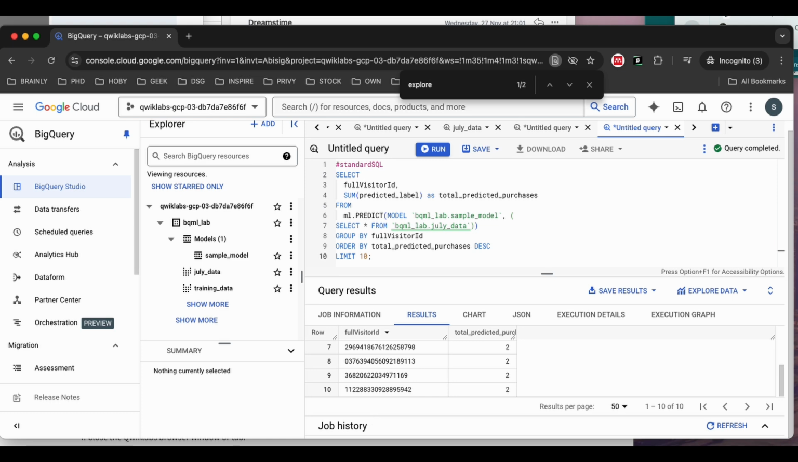Okay, so hopefully this is useful and helpful for you to know a little bit about BigQuery, how to use it, what to put as the training data, put the model,